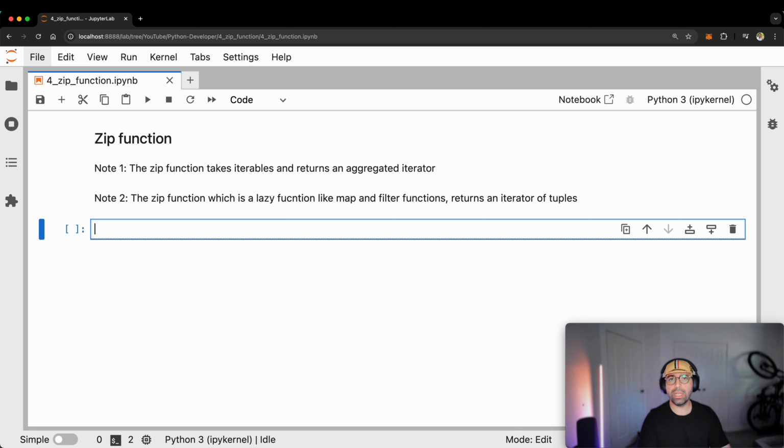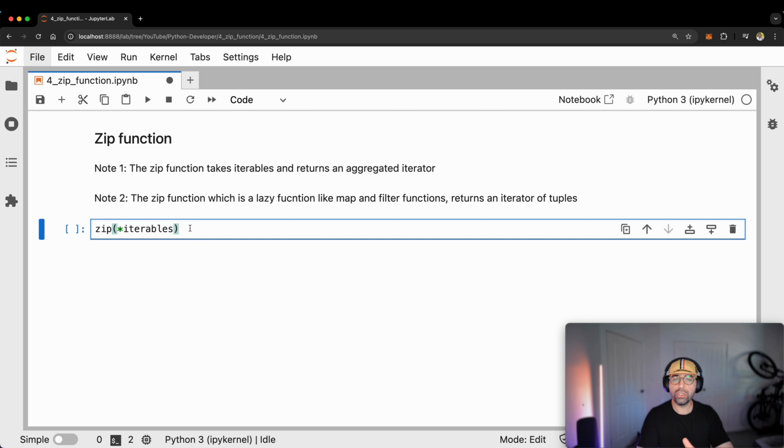So now let's talk about the syntax. How do we write a zip function? I have got some iterables, which could be my lists, could be strings, whatever. But this is how we write them. And the reason for me to leave an asterisk there, or a star, is that you can have multiple of them. You can have two lists, you can have three lists. When we talked about the zip, we were only talking about two, but think about the possibility of combining two and a three and a four and a five and a six and so many different lists